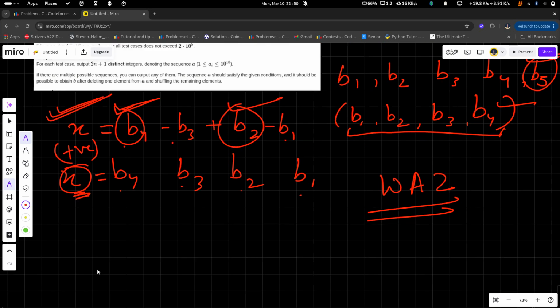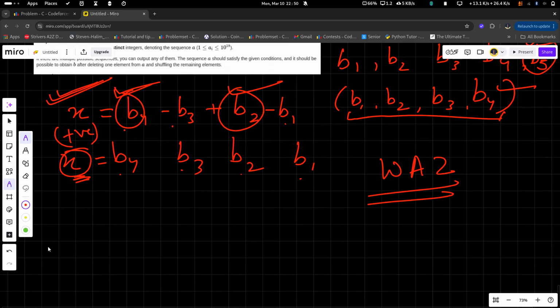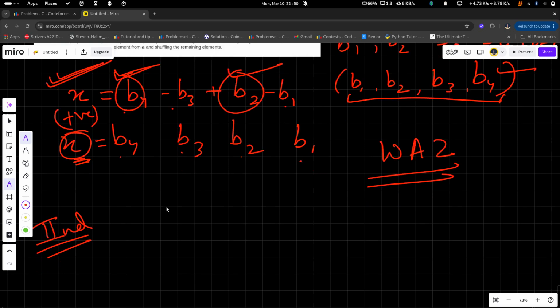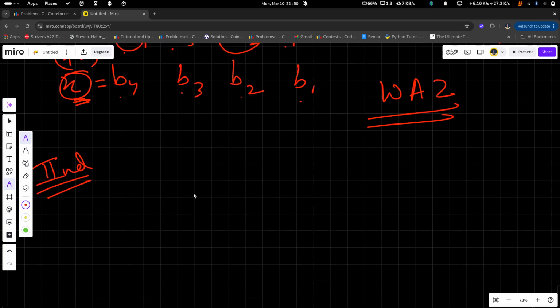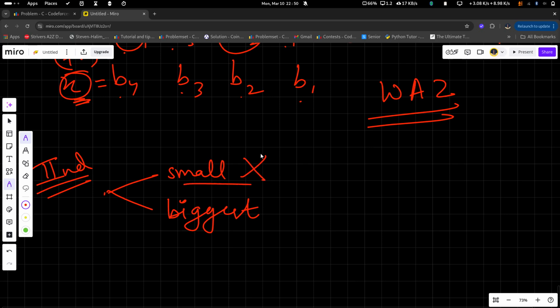So now the next thing which I thought was, how can I make a value which is wholly distinct? The best way to make a value which is totally distinct from all these numbers was to make it either very small or make it the biggest of them. I cannot make it very small at all. Maybe I can, but I thought, why don't I make it the biggest one?